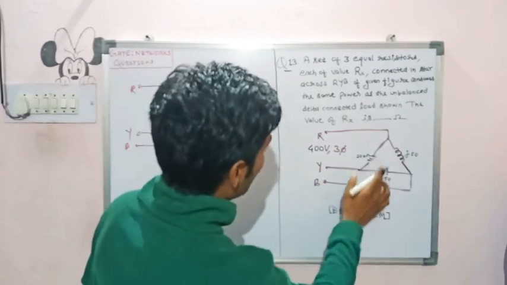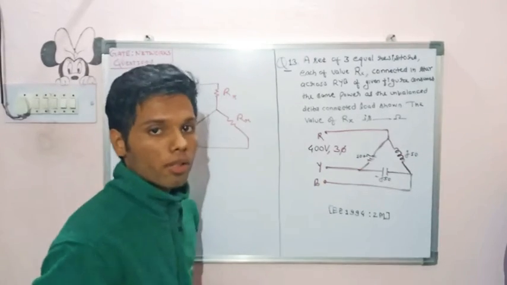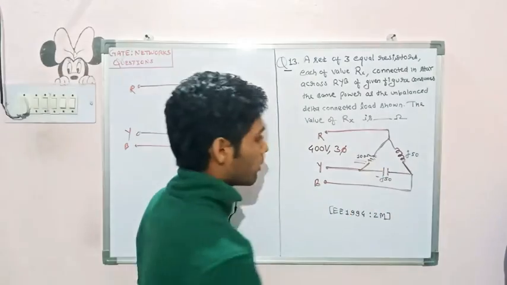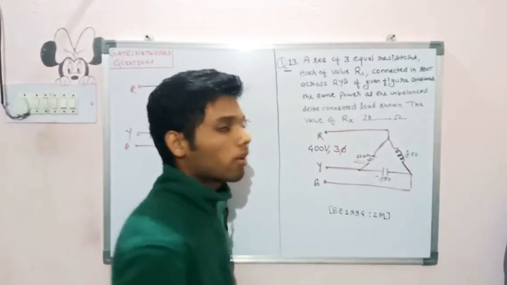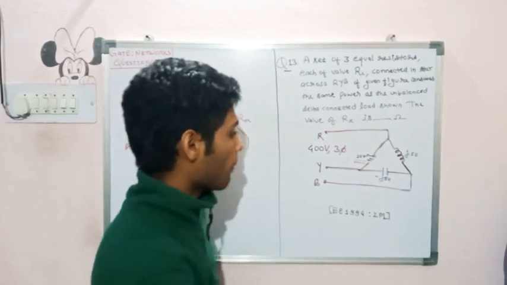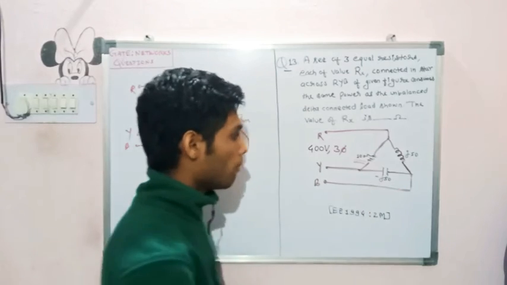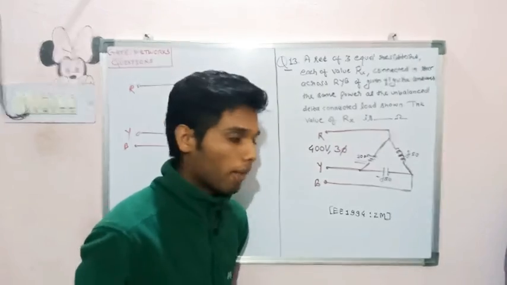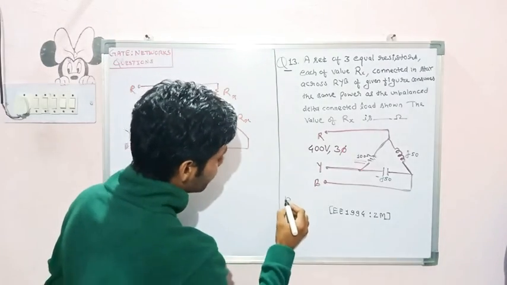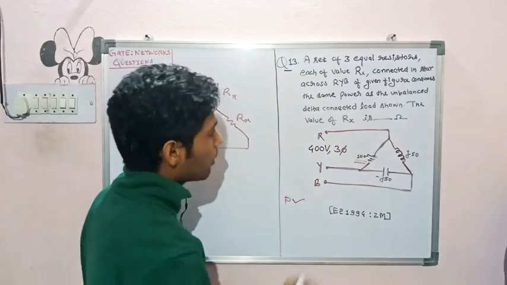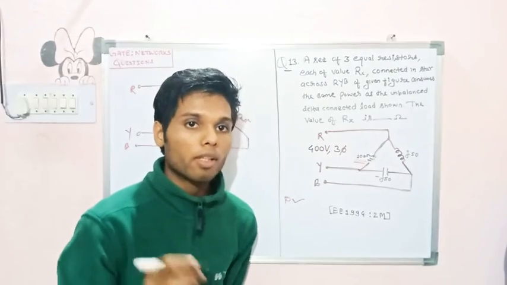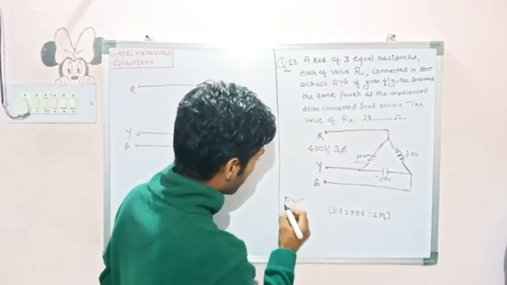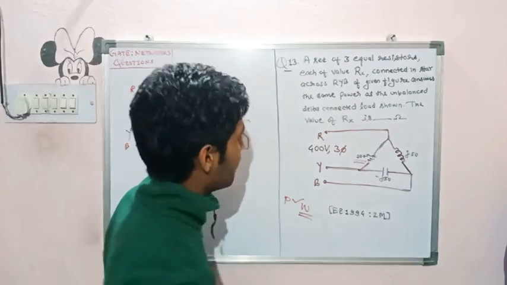Now if we see, the power consumption is always associated with the pure resistor. The inductor does not consume power and a pure capacitor also does not consume power. So whatever power is consumed in this circuit, I am talking about the active power P. Here it is not mentioned whether the power is active or reactive, so we need to consider the power as active power in watts only.